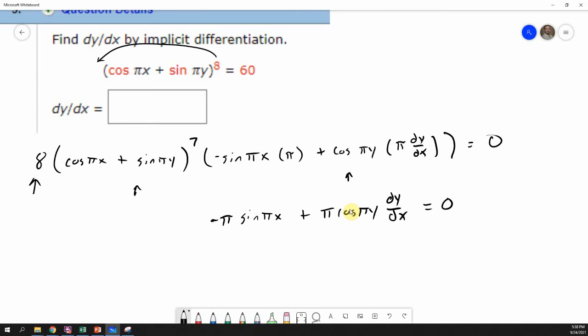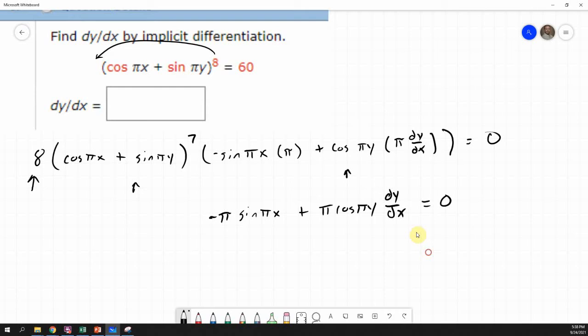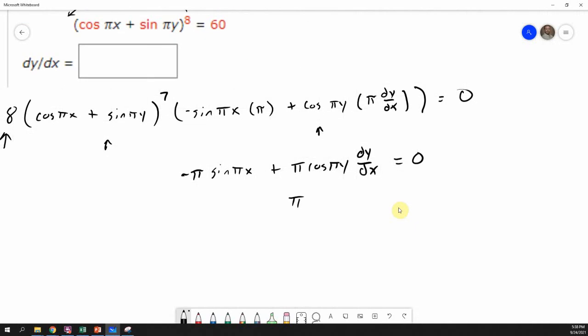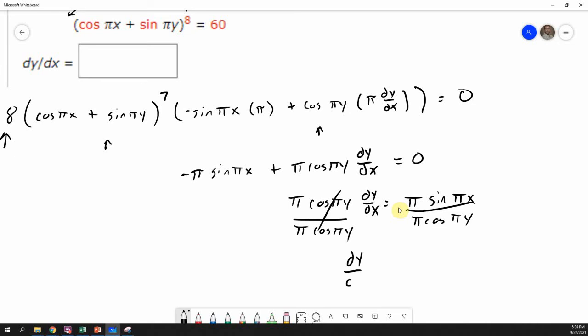equals 0. I'm going to bring that sine over. I'm going to add that to both sides. So pi cosine pi y dy dx equals, added over, positive sine pi x. And since I want dy dx, I'm going to divide by pi cosine pi y. So I get dy dx equals, the pi's cancel out, and I have sine pi x